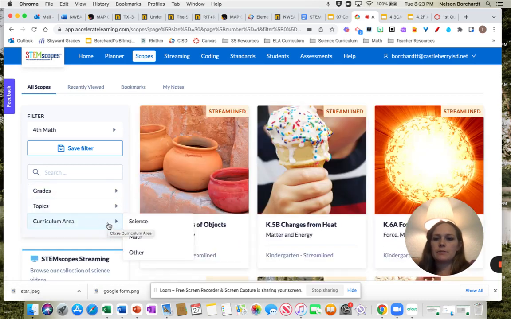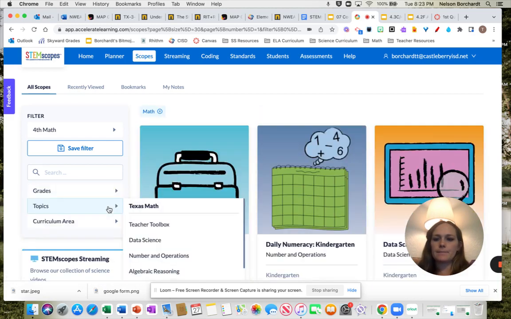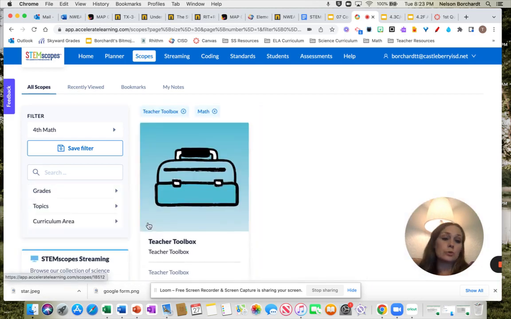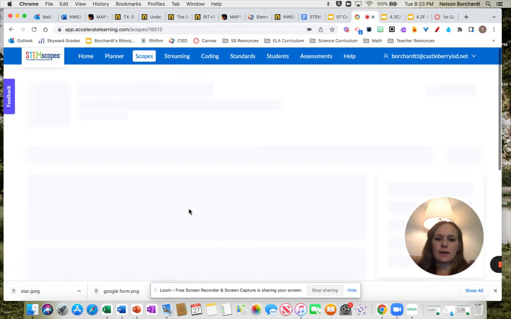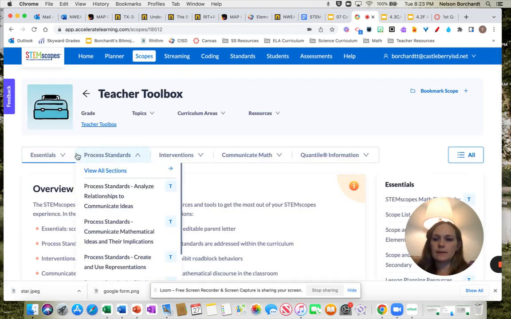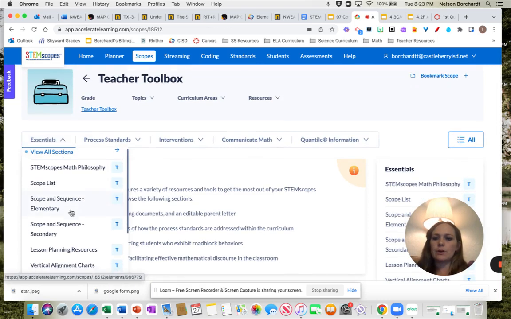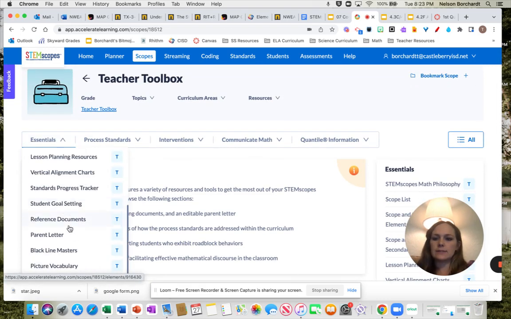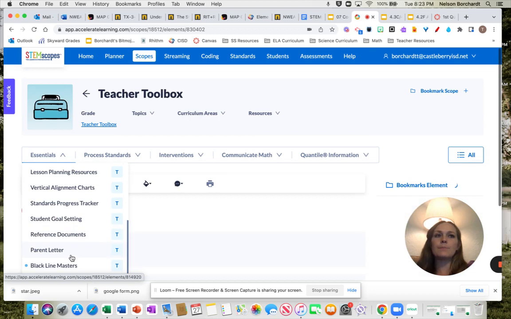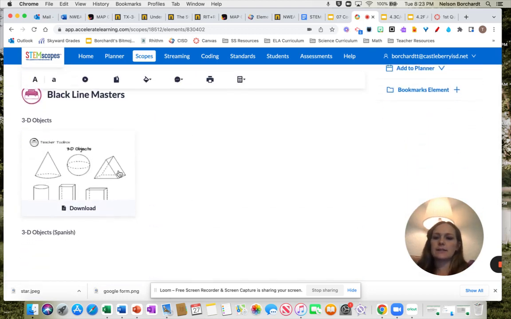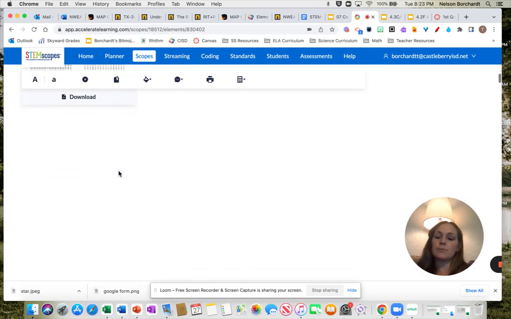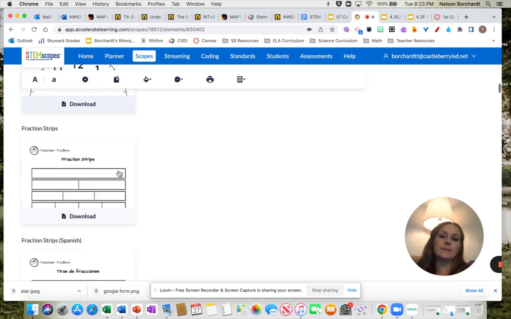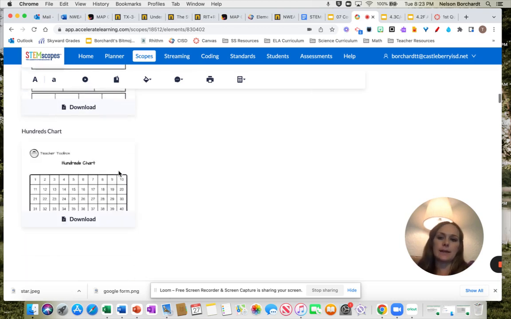So if you go to curriculum area math, the teacher toolbox. This is something that they showed us this summer. I want to talk about it really quickly, specifically that when you go here in the essentials section, the blackline masters is something that stood out to me this summer because it gives you all of these documents that you can print off and laminate as practice